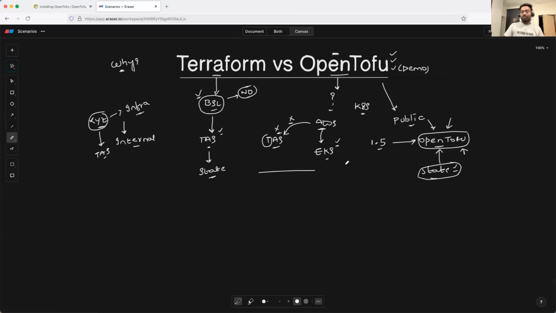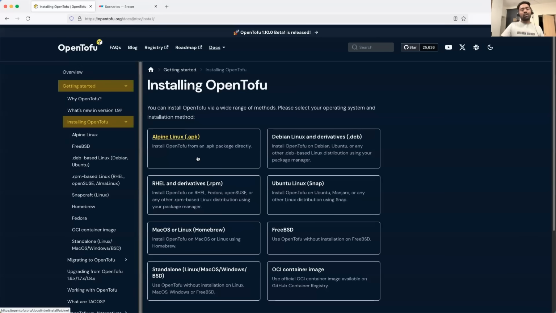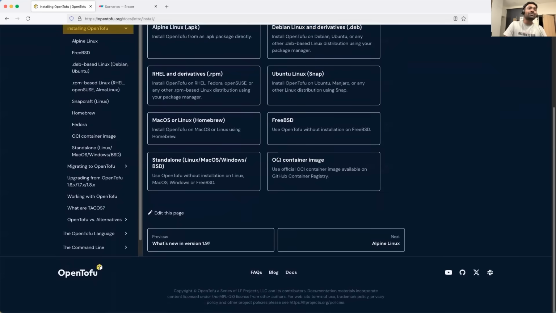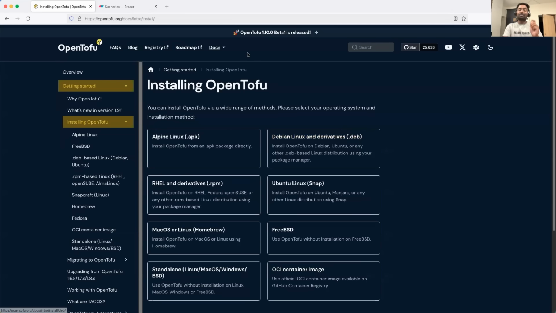I will get to that point, but before that, let's see how to install OpenTofu, how to use OpenTofu, and also I'll show you how you can use your existing Terraform files with OpenTofu or the Tofu CLI to create resources on AWS. Yes, this is the best part of OpenTofu. They have maintained the CLI compatibility, they have maintained the API compatibility, and also provider compatibility to a good extent. That means you can use your existing HCL files with OpenTofu.